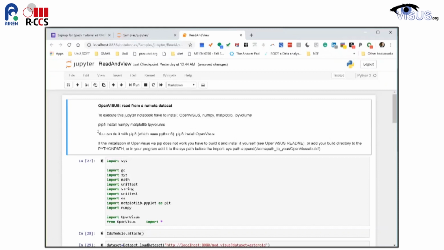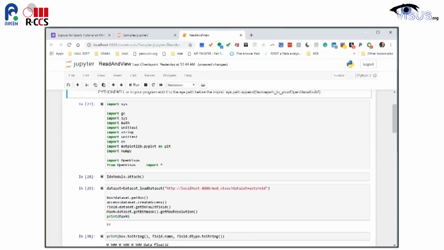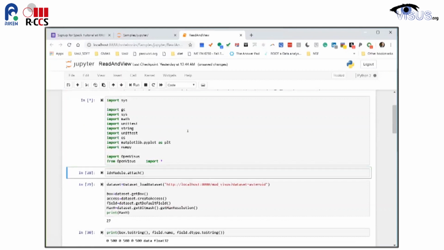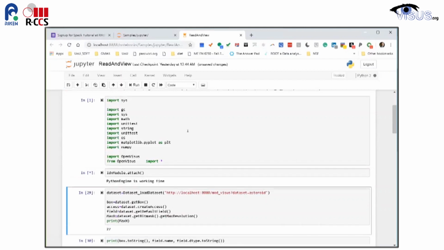We loaded Jupyter notebook, so with a Python script. At the beginning, we're going to load all the libraries, including OpenViSUS. And from there, we're going to load the